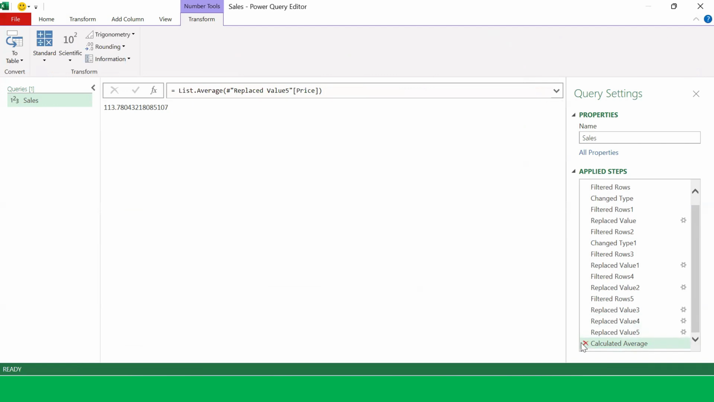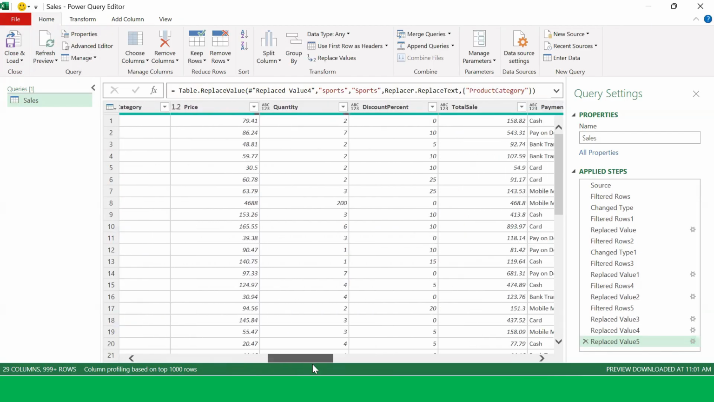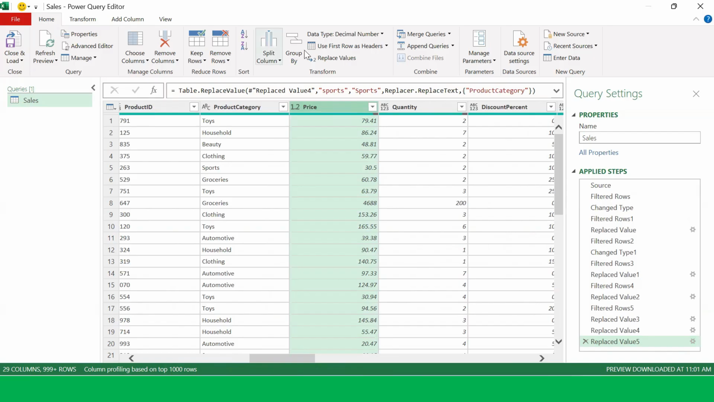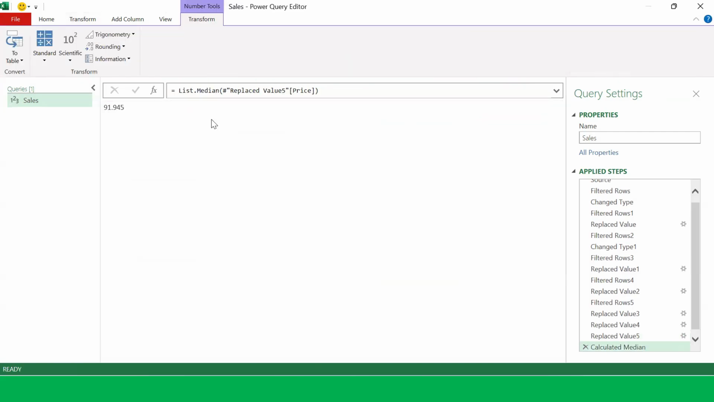113.78. Okay, let's take that as the average. So I want to compare average with mean and explain something there. Let's take this step out and go back to the price again. In the price, let's use that statistic and use median. When we calculate our median, you see our median is